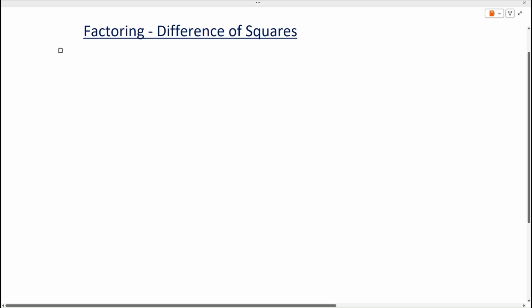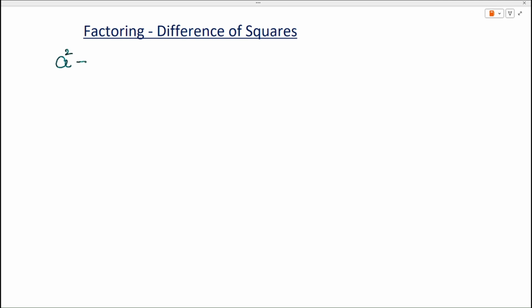Hello. Today we learn the process of factoring involving expressions with difference of squares. Difference of squares can only be used when you have a binomial given to you most of the time. So the expression will be given to you as a square minus b square. You can see that the first and the second term both are perfect squares with a negative sign